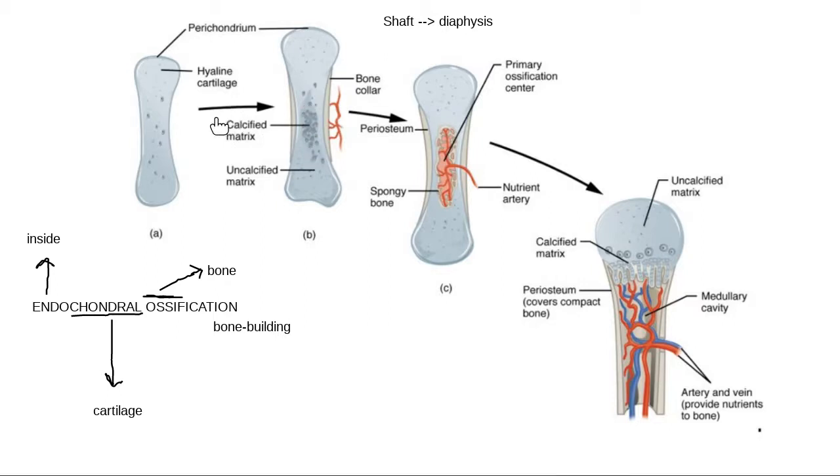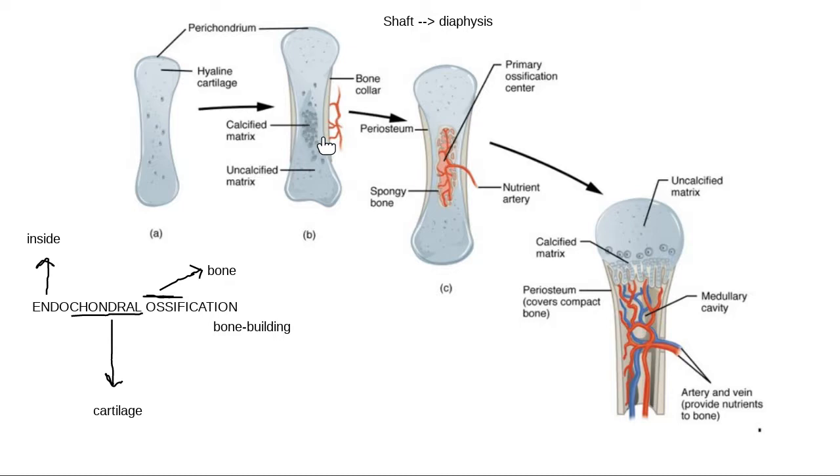I form this area in the middle that we call calcified matrix. I've taken the hyaline cartilage. It's starting to die. It's grabbing at calcium because it's got no food and no oxygen. It can't do anything else. The middle part of this model starts to die. It starts to calcify. Now, as these chondrocytes are sending out their SOS message, we're dying, we're starving to death,